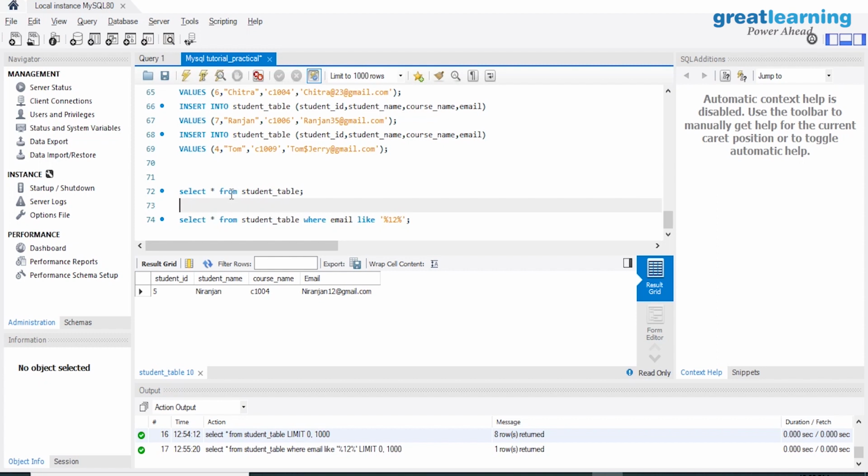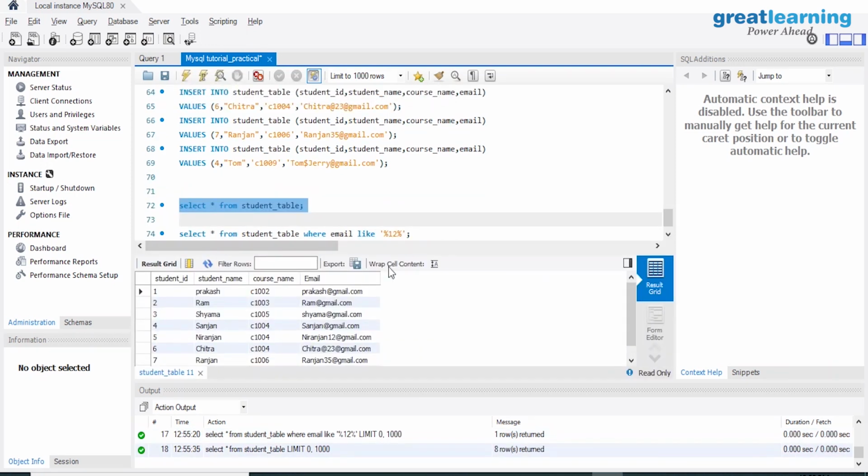Now, if you want to use some other cases, maybe you are saying there is an email called Prakash. You want to check Prakash, or maybe you want to take @23. Or in all the cases, I have the email domain gmail.com.